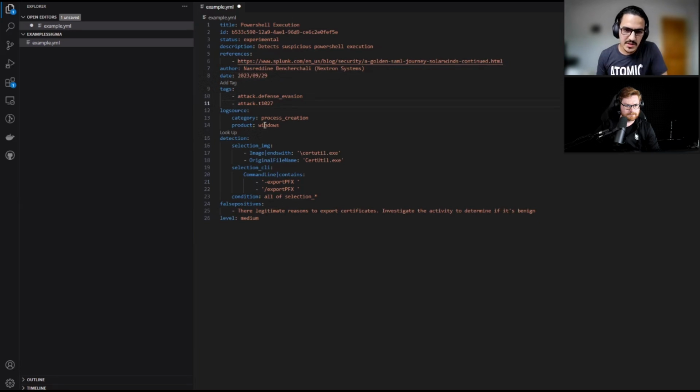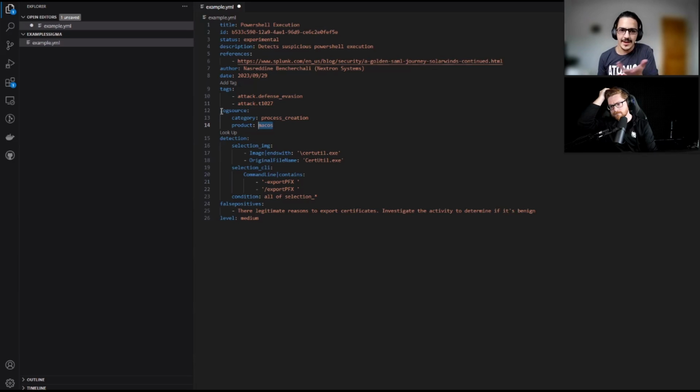Doesn't matter. All right. So one of the most important things in a Sigma rule is the log source. Many people write Sigma rules for Windows, but you can actually write them for any OS or any software, as we've spoken about. The product is the product that you want to write it for. In this specific case it's Windows, but you can put Linux, you can say Mac OS, and all of these are listed in the Sigma repository, like the possible list of products and categories that are supported.